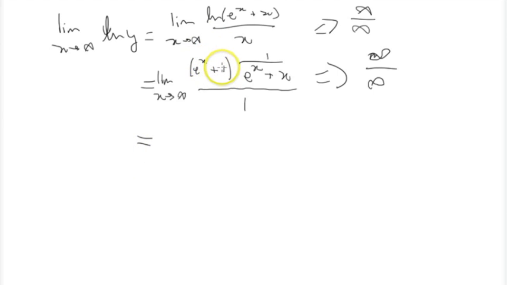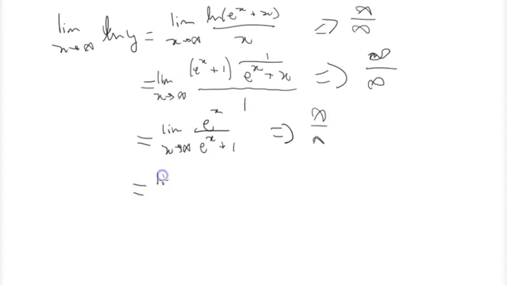So the derivative of e to the x plus 1 is e to the x, so that's the numerator. And the derivative of e to the x plus x is e to the x plus 1. And this is the limit as x approaches infinity. And so we seem to be getting close. You know now, if you take the derivative of each part of the fraction one more time, you'll get e to the x over x, and that'll be 1. So we'll need to apply L'Hopital's rule one more time, because right now we've still got the indeterminate form, infinity over infinity. So we're going to make that application of the rule, and we'll get e to the x over e to the x, and these will cancel, and we'll get the limit as x approaches infinity of 1,